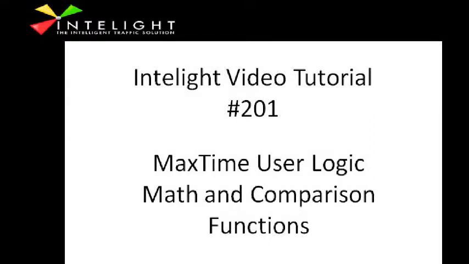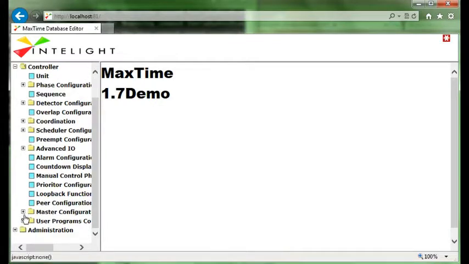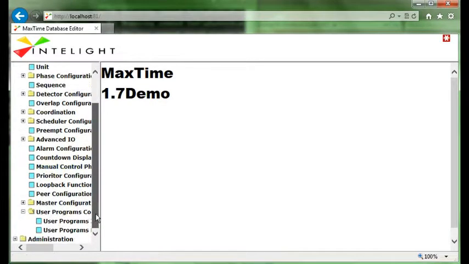Welcome to the Intelight tutorial on continuation of the user logic in MaxTime. We're continuing our basic building of math functions and comparisons so that we can do more exotic apps in the future. This is where we'll begin: the controller, and we'll go to user programs, and we'll go to user program